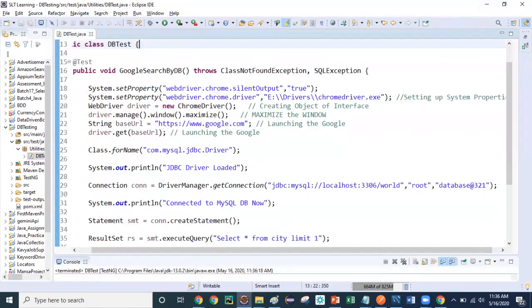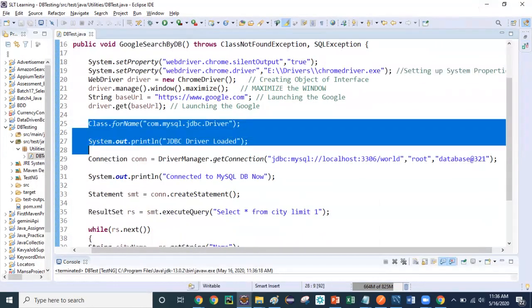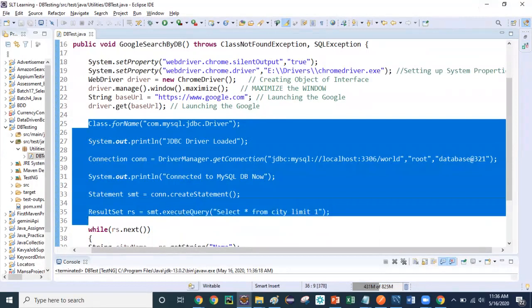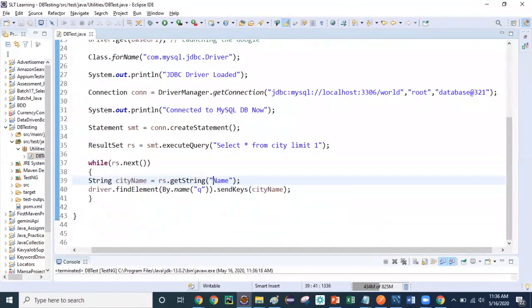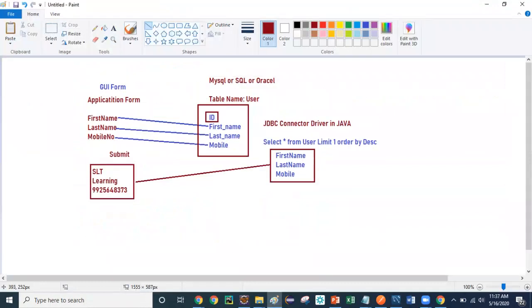So this is how database testing works guys. Connect to the database using the JDBC driver, put your query, and fetch the column value from the query. You can also match values, if I need to match the values as I showed you in this one, you can use the same thing, right? So this is the information you can use guys.